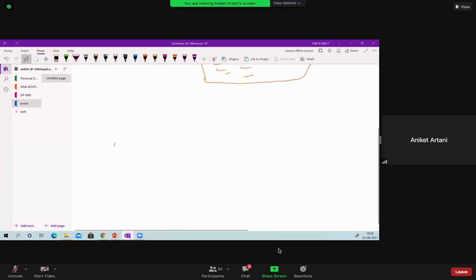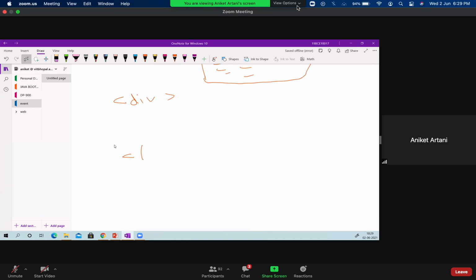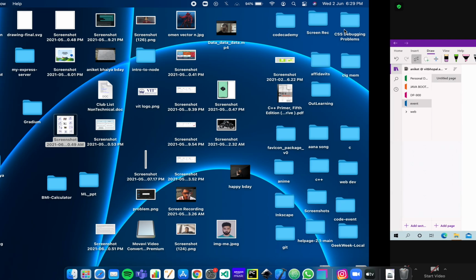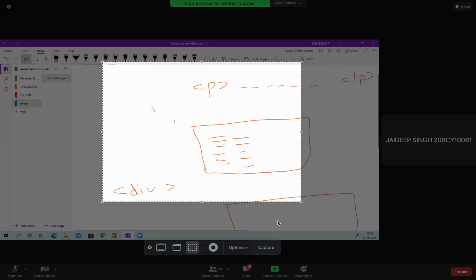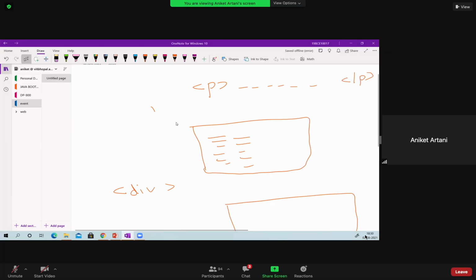The div tag and the use of the div tag. I think this is your browser. Bhaiya, I think Ashwin Bhaiya told us that using the PRE tag, the text will come as it is, not like using the P tag. Yes, using the PRE tag, the text will come as it is.